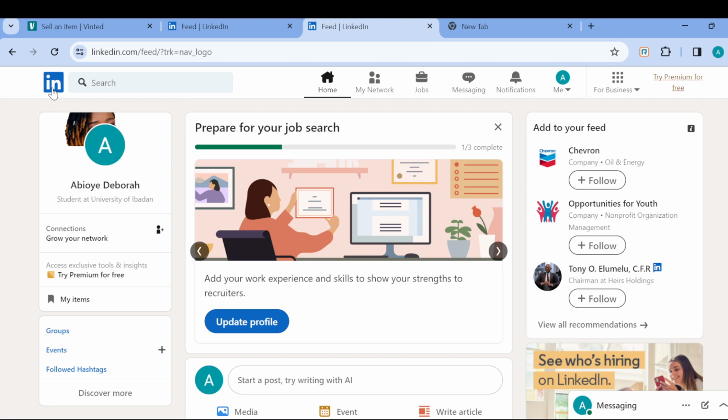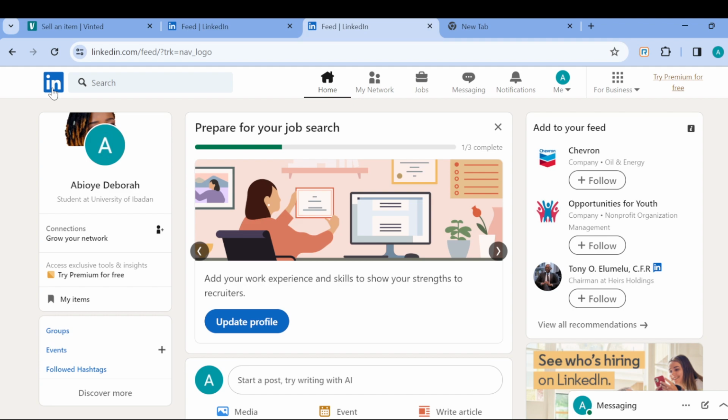In this tutorial, I will show you how you can post an article on LinkedIn. So LinkedIn is a site or an application where you can look for jobs, you can post jobs, and more importantly, you can even write things that you find in your mind or things that you'd like to share with your audience. And so if you want to post an article, the first thing to do is to log in